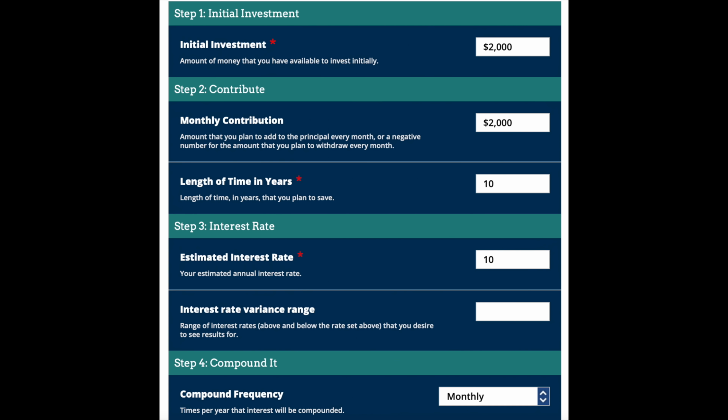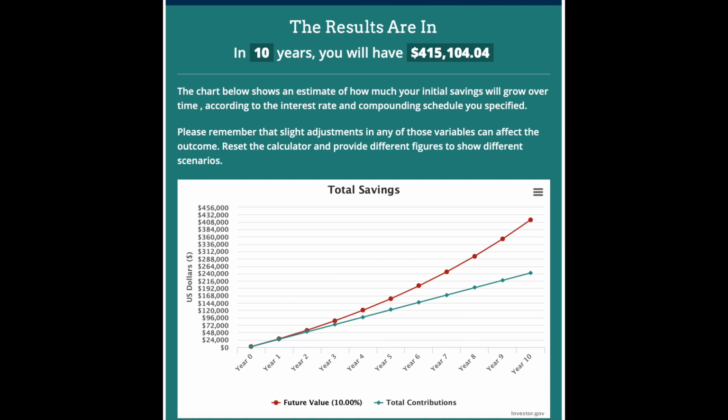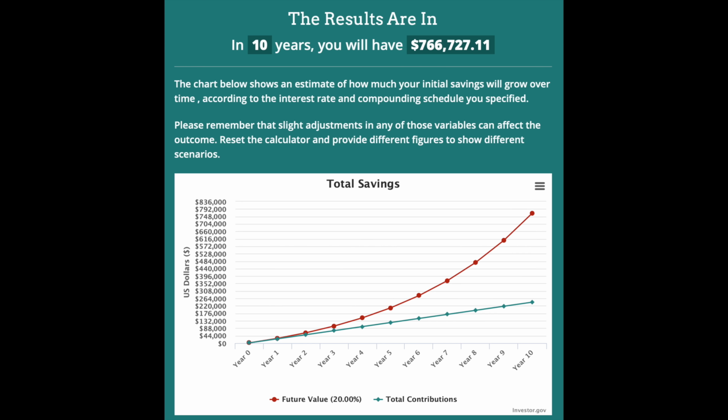You put in money, which grows your net worth, then your investments work for you and make you more money, and it just continues on in an infinite loop. And here's some simple statistics to prove it. In 10 years, if you just received a 10% return on your money annually, you would have over $415,000. And if you manage to earn 20%, and I know some of you have earned way more than that this year, but just using 20%, you would have over $766,000. And you did all this without starting a business or taking on another job. The infinite money loop did most of the lifting for you.